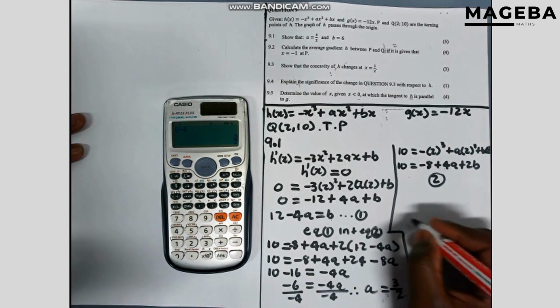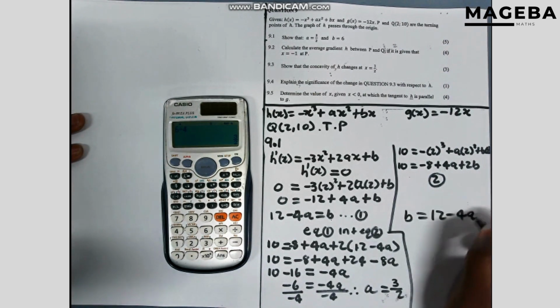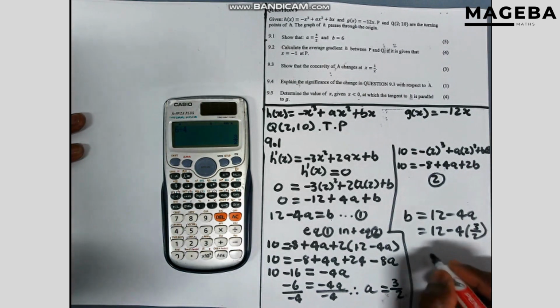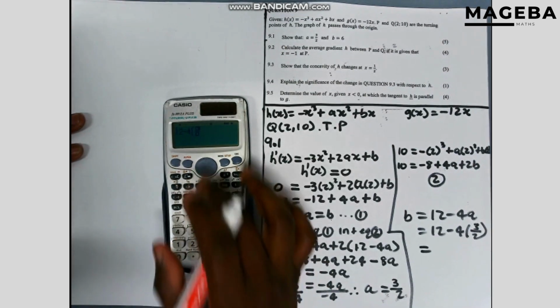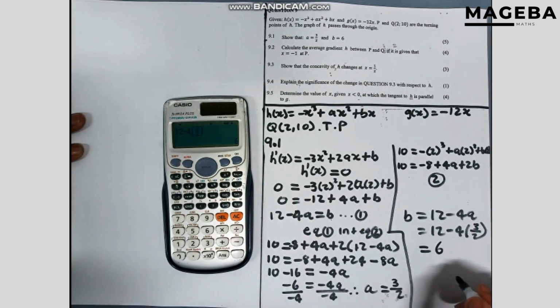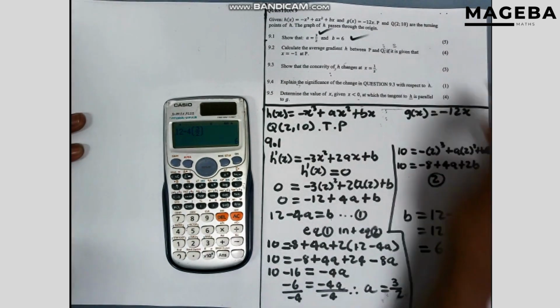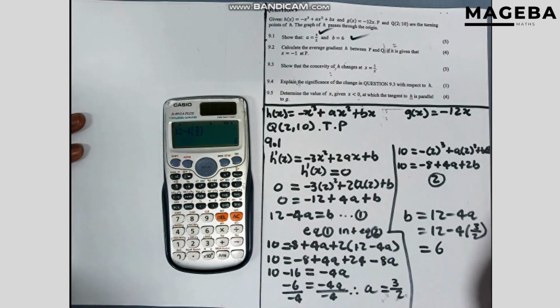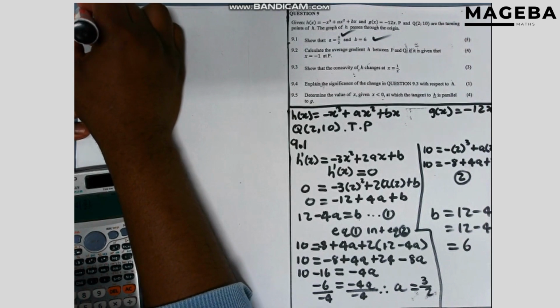Then from here we know that b is equal to 12 minus 4a. We already found a, so it's 12 minus 4 into 3 over 2. It's what? It's 6. So we've already shown that a is 3 over 2 and b is 6. I hope you understand. And the next question now, which is 9.2,